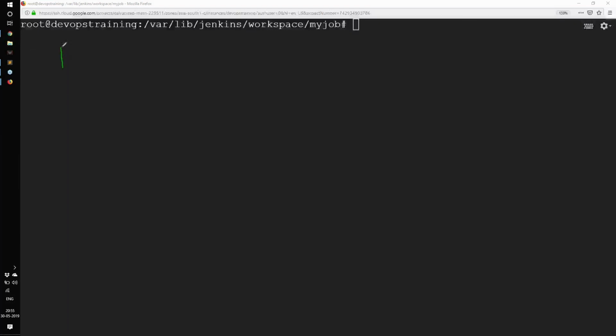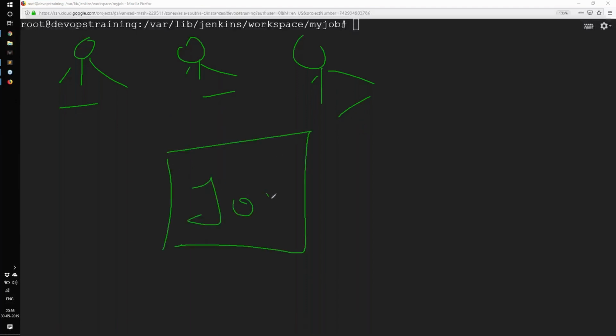Now let's say you have three people. Sorry, I'm really bad at drawing. Let's say this is the first guy, this is the second guy, and this is the third guy. So you have three guys that require access to Jenkins. In that case, I'll tell you what you need and how you would want the access to work. The first thing I need is to be able to create user accounts for each one of them. The second thing is, let's say I create a job in Jenkins, this is my job one, and this guy is from development team one, this guy is from development team two, and this guy is from finance. Now, obviously, the guy from finance